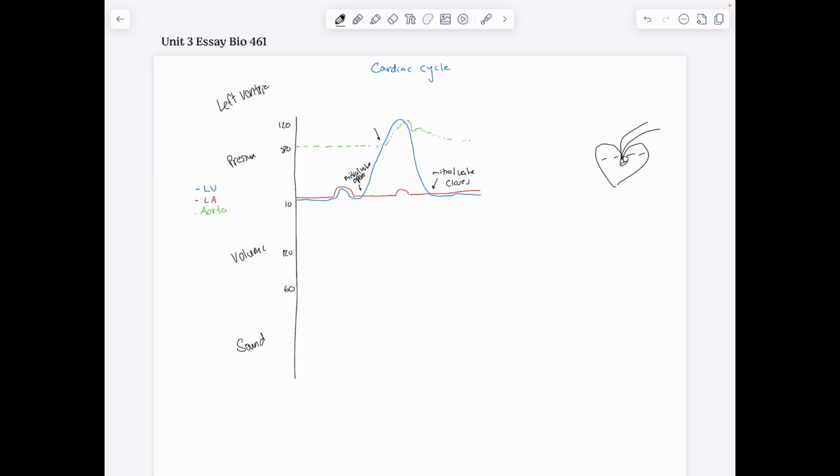And then up here at this point, we have our semilunar valve closes, and then our semilunar valve opens. And then we have this little section. I should have drawn this little, but right in here we have our